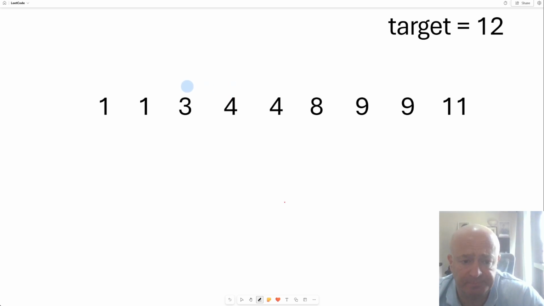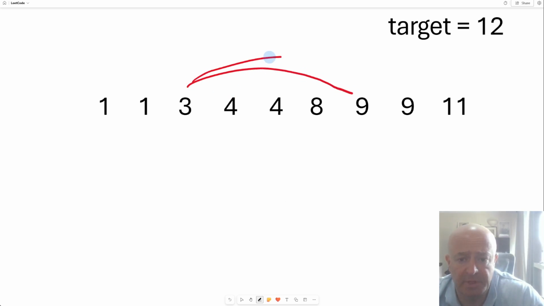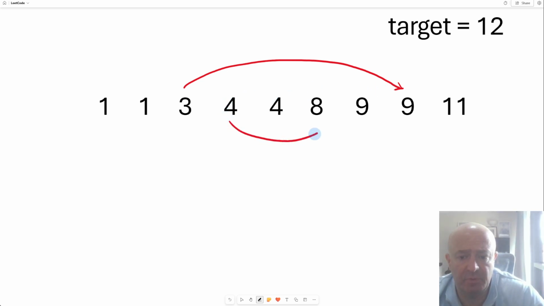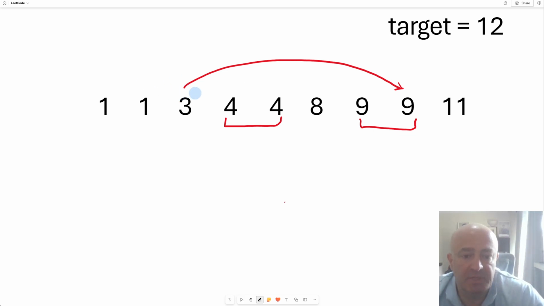For example, 3 and 9. But I will be looking for the outermost solution. And then, for example, even 4 and 8 add up to 12. But if you were to collapse all of these similar numbers together, you can easily see that there will always be an outermost solution, even if there are multiple solutions. These solutions would be nested like this. So if you condense all of these numbers that are the same,